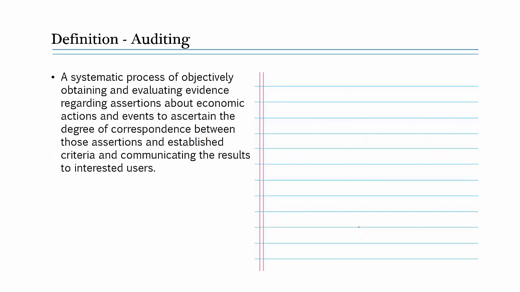Okay, now we come to the official definition of auditing. So again, it's a very long sentence. We'll try to dissect it into the key things. The first important point here is this word called systematic. Systematic here means the auditors must have a plan, or some people call it a strategy, when they audit a company. The next thing here is objectively.